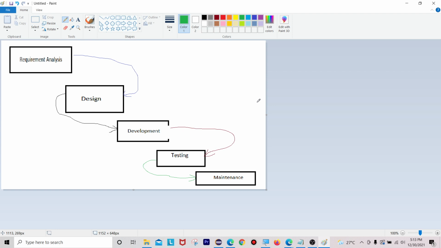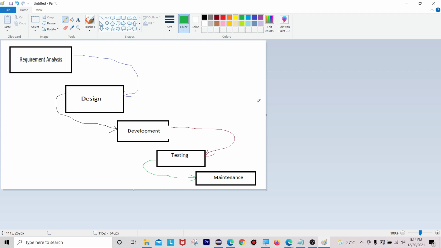This applies only to small projects where the application size is very small and it is developed and delivered to the customer within a specific period of time.